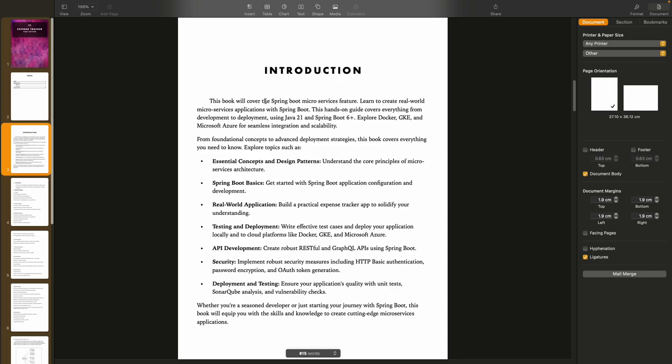This book will cover Spring Boot microservice features and teach you to create a real-world microservice application with Spring Boot. This hands-on guide covers everything from development to deployment using Java 21 and Spring Boot 3 plus. We are also going to explore Docker, Google Kubernetes Engine and Microsoft Azure for deployment. From fundamental concepts to advanced deployment strategies, this book covers everything you need to know,